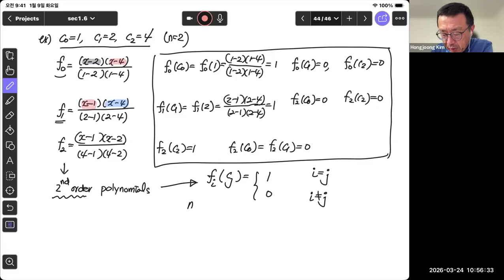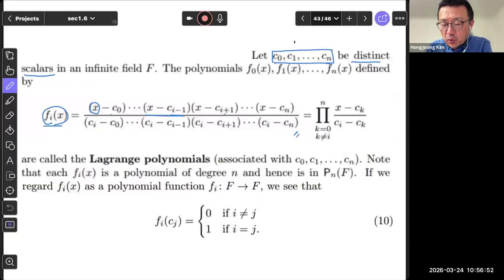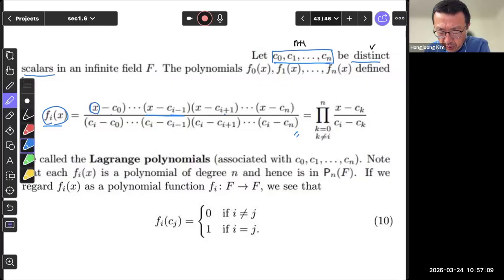They are all nth order polynomials. If I have three numbers, you get second order polynomials, right? So if I have n plus 1 points, and if these numbers are all distinct, then you get a polynomial of degree n,